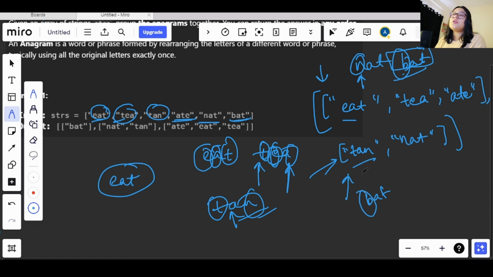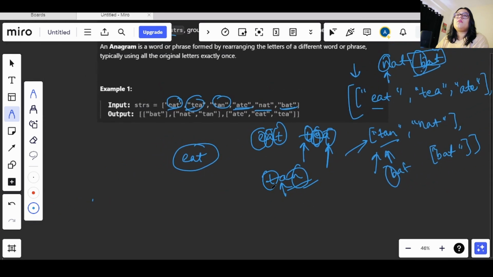So this b is not occurring in this also. So now what we will do, we will create another list and we will add only bat to that. So we have one more list, in that we will be adding bat, and this is separate. So this is how we will be adding all the words in the form of anagrams, or this is how we will be grouping the anagrams together.